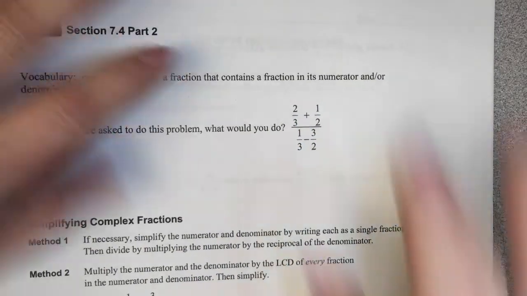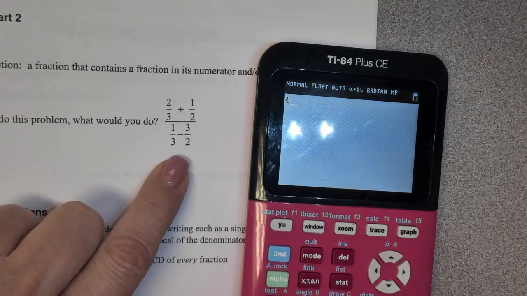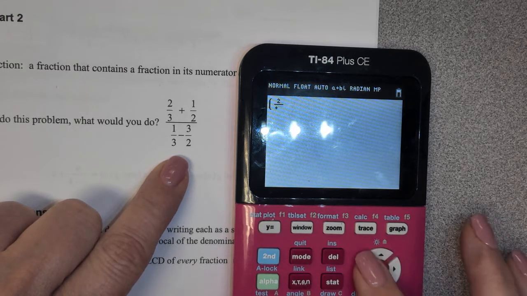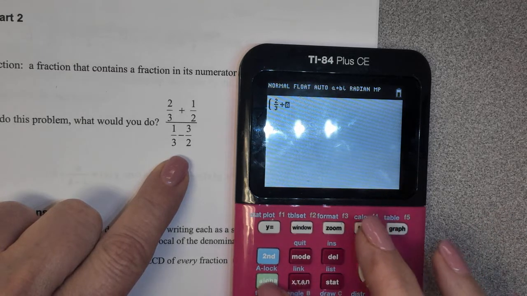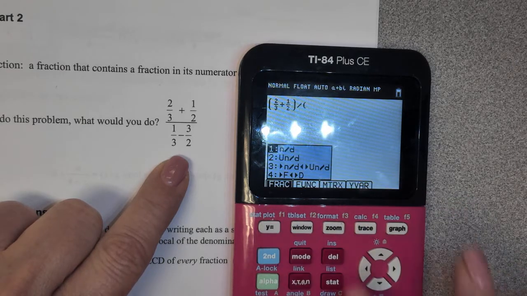I think a lot of you might grab your calculators. You might do 2/3. I showed you how to do that fraction on your calculator. If you go here, you could do 2/3 plus 1/2. This is even hard to just type in. And then divided by, and I can go back to that,